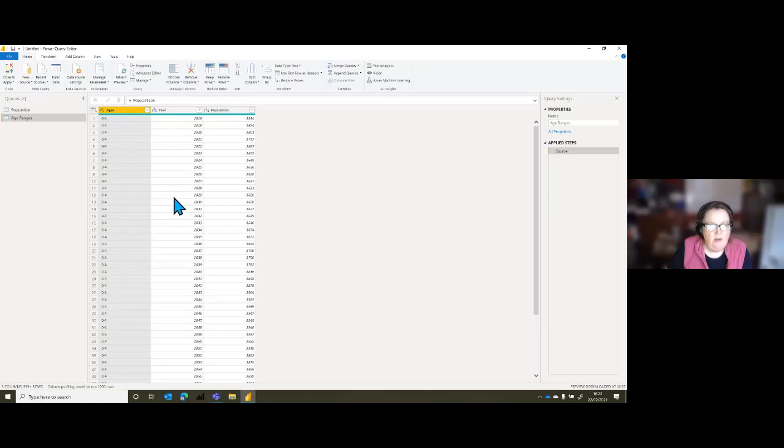So I'm going to go for removing the 2 columns of year and population. Don't use remove columns, okay? Choose columns instead, because it allows you to change it later if you need to. Get in the habit of, unless you are really sure about what you're doing, don't go for remove columns. If in doubt, use choose columns. So I'm going to take out year and population and click OK.